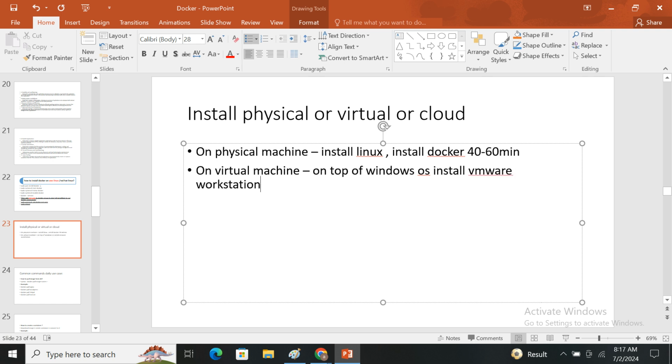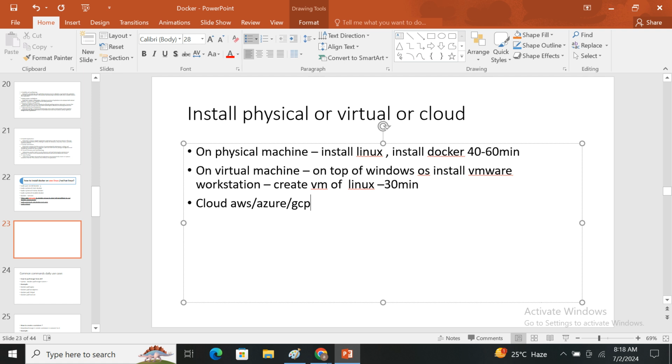Create a virtual machine of Linux. How much time does it take again? Here 40 to 60 minutes, but at least 30 minutes. Now, if you want to go for cloud, AWS or Azure,